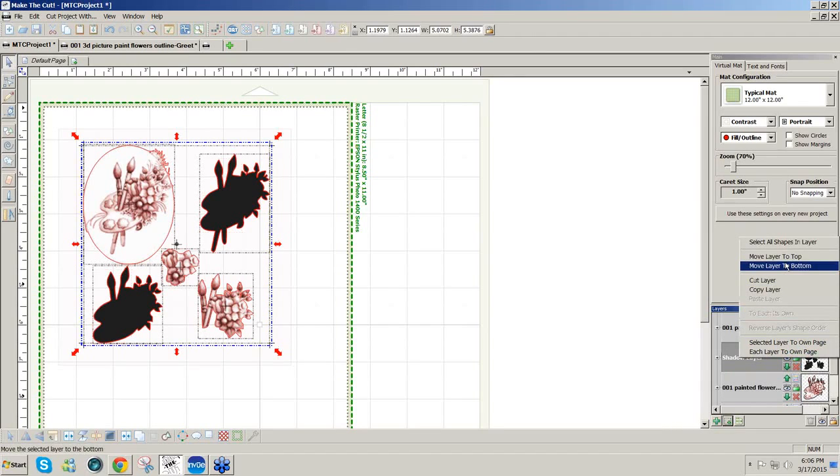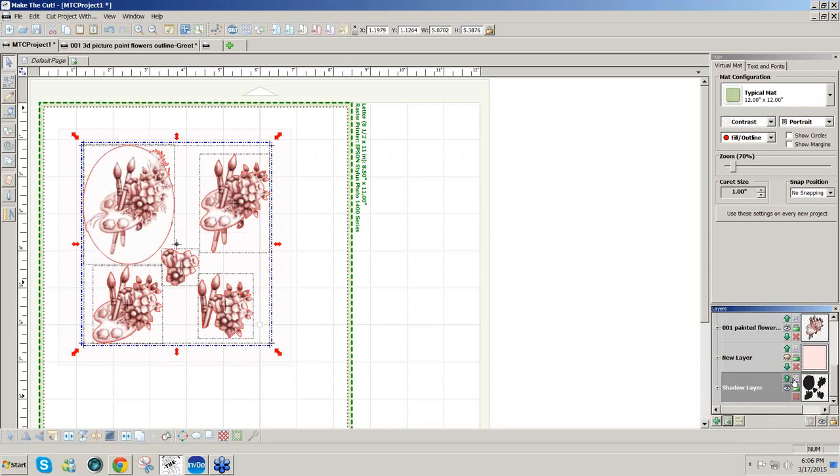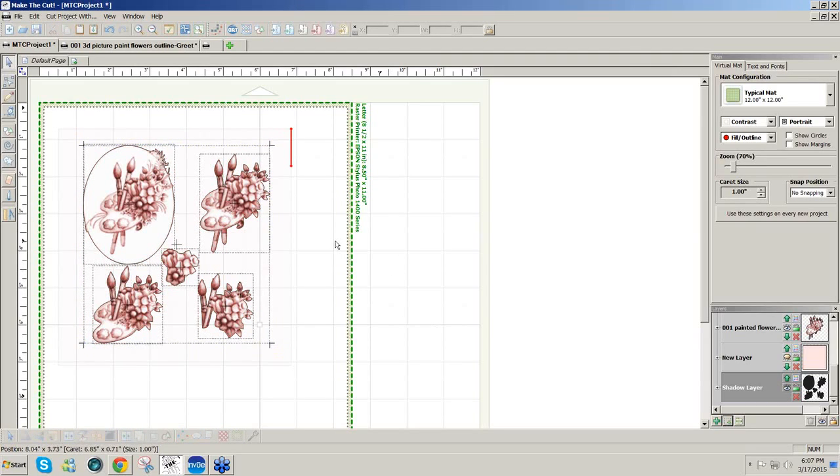If this were on the top layer above everything, then it would black all of them out. So I can send everything to the top, and you can see those are the lines it's going to cut on. But I want them on the bottom. Move layer to bottom. And again, I can change the color, but it doesn't matter. All this is going to do is cause the design to be cut inside the printed lines, which is what I want it to do. So there's a little adjustment that might need to be made when you go to cut this line. If you hide this one,